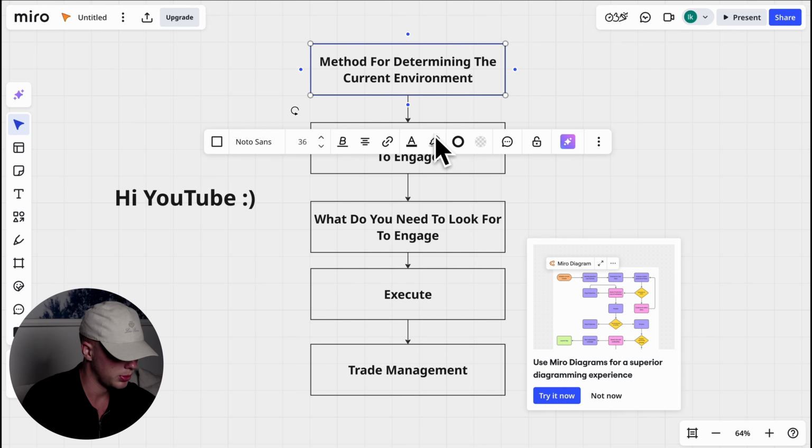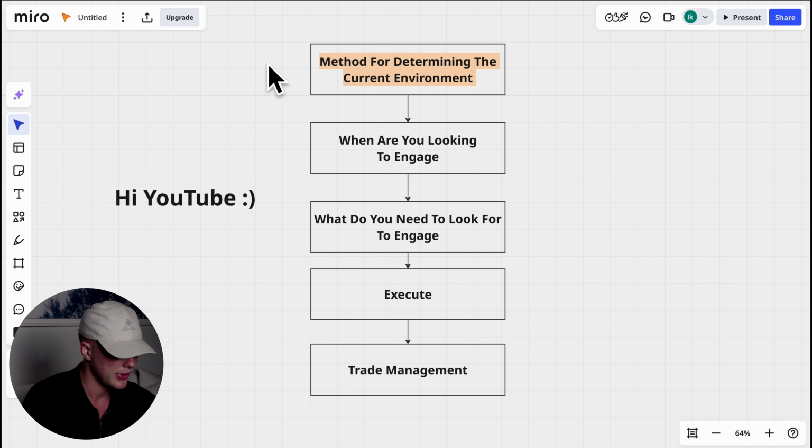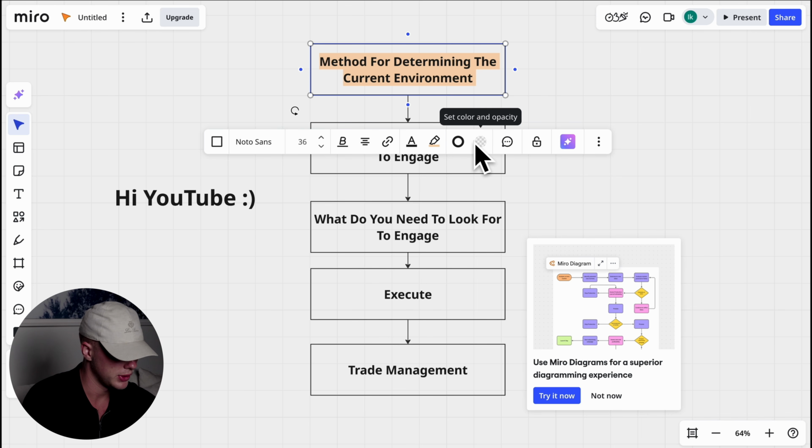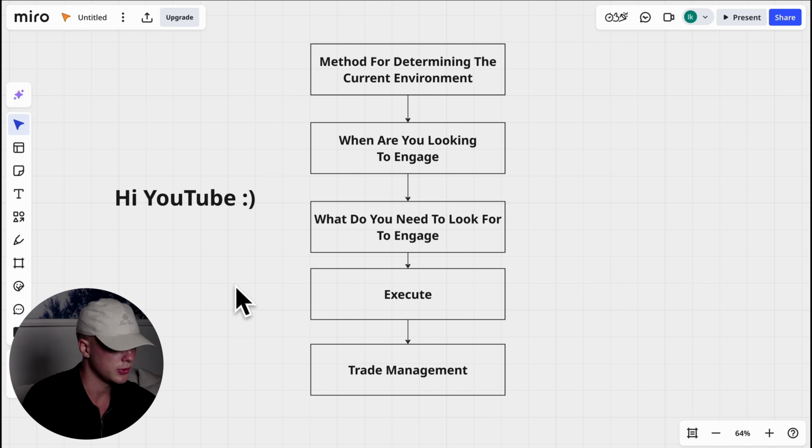I just adjusted the border. Here you can see the text, you can also highlight that, and there are just a lot of different things which you can do with this tool. Now, Miro again is a free tool to use, so you can just begin using this tool to begin defining your own trading model, and if you want to use it for your studies, you can also do so.